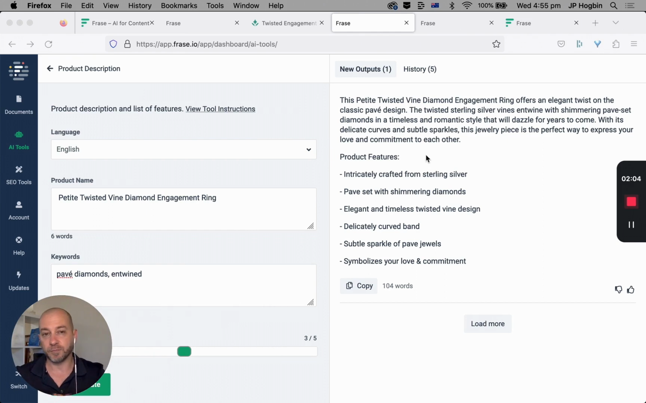Now, as a product description, we've got the title in there, we've got paved diamonds in there, entwined. So it's not seeing exactly entwined. That's where it will take, depending on the creativity setting, a little bit of license. Now, it might be that you need to ask it to be less creative if those keywords are really important to include by default, or it might be that the way that you're looking at this is a way to get this to being, say, 80-90% of the way there, and then just using your own editing skills to take it to a completed